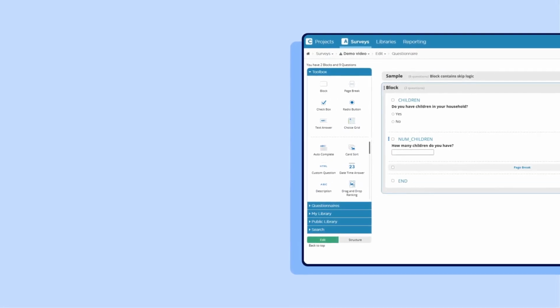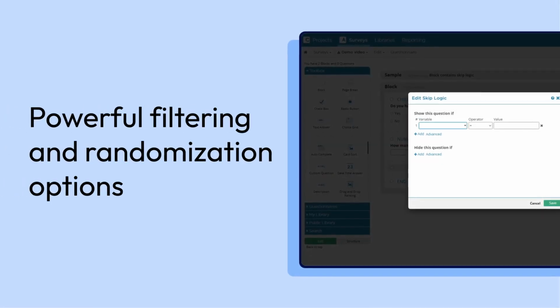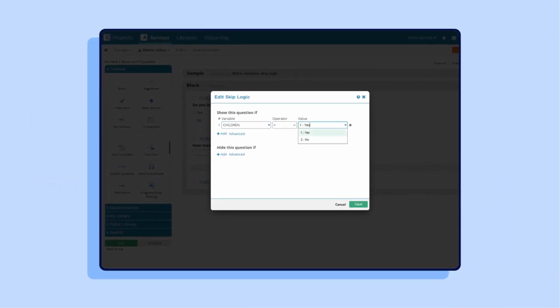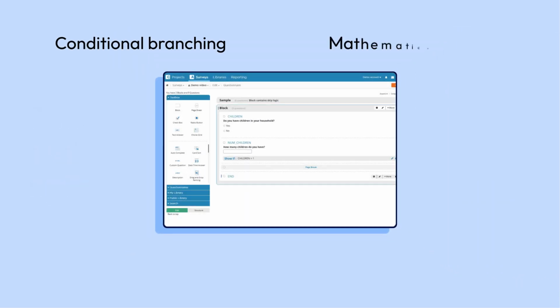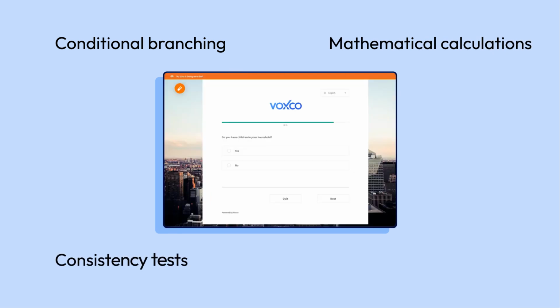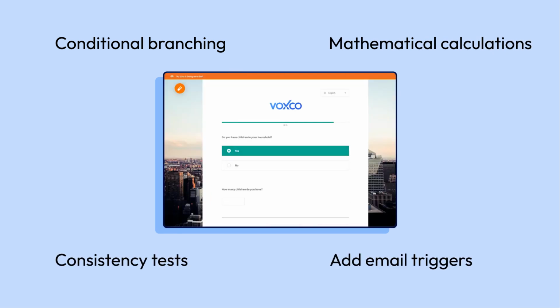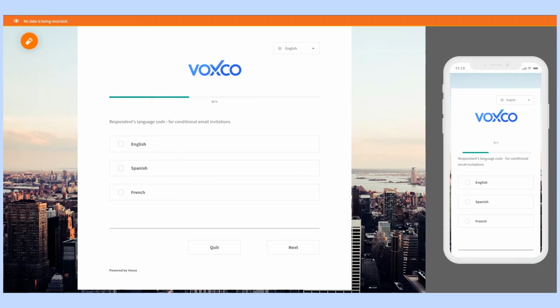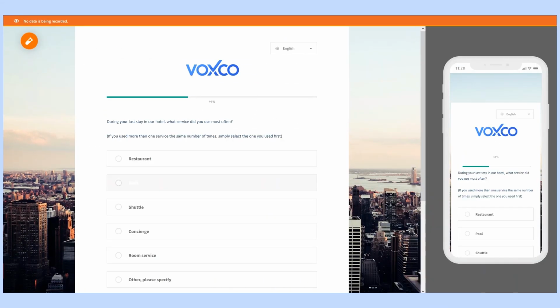Define the flow of questions and answer choices with our powerful filtering and randomization options. Our advanced features will help you set up conditional branching, mathematical calculations, consistency tests, or add email triggers in your surveys. Use our test and preview tool to check the accuracy of your survey or its responsiveness with our mobile